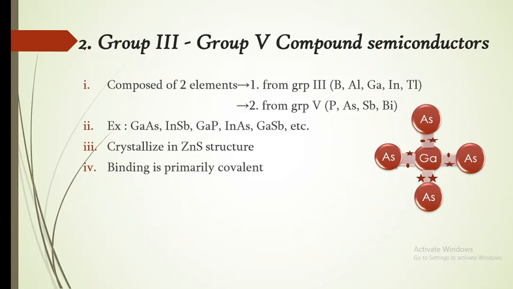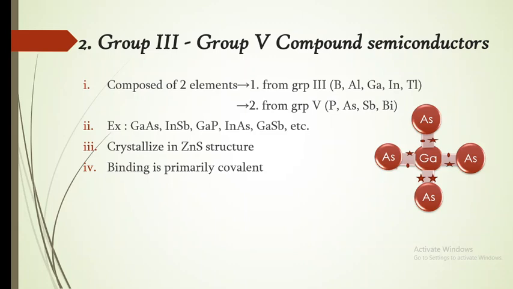So in order to become an octet, gallium needs 5 more electrons. So it is going to take or share electrons from the arsenic atom and finally becomes stable. But each atom is surrounded by 4 other atoms of another kind. That is, arsenic is different from gallium. Both are not the same as in the case of silicon.